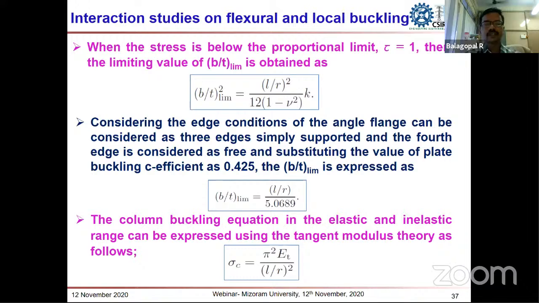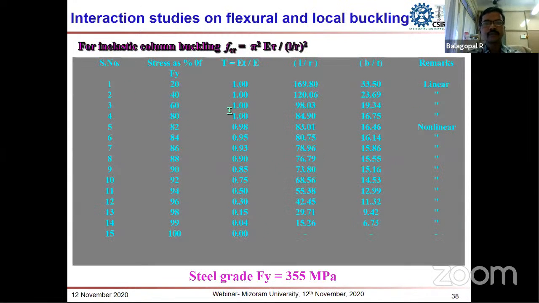And this is the critical stress. How to compute the buckling equation using the tangent modulus theory. This is a critical stress, taking into account the local plate buckling. And this is for a particular 355 MPa grade steel. Here, as the L/R ratio varies, for different B/T ratios, how to compute this? Tau is nothing but